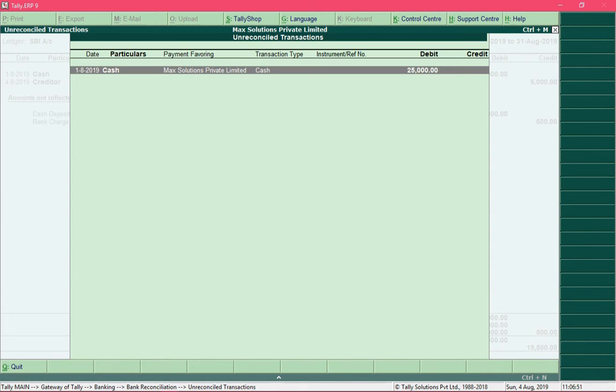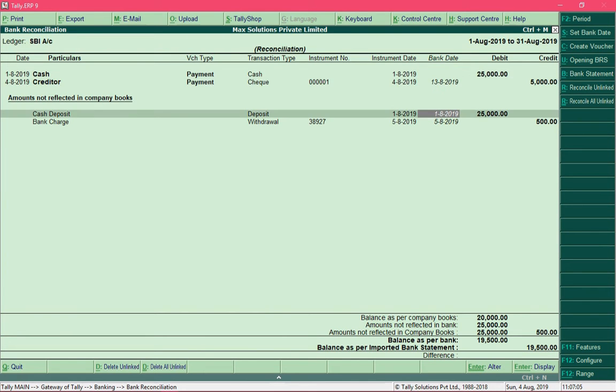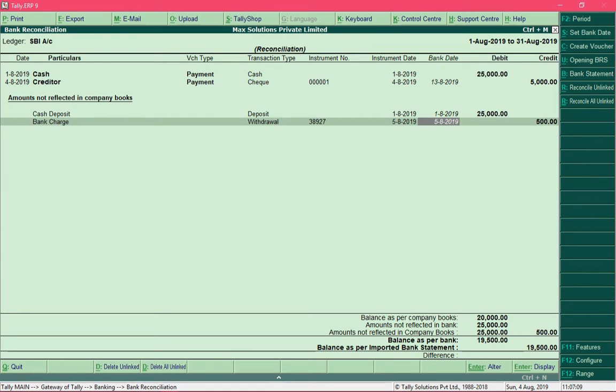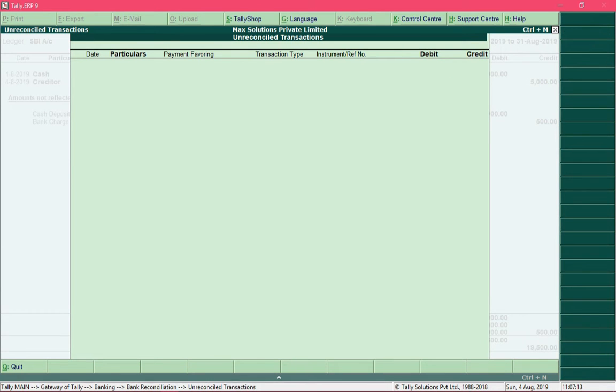So right now I won't reconcile this entry because there is also another way to reconcile all the entries together, and you will learn about it shortly. So I will press the escape key, and after reconciling this entry, you can move to the next entry and press Ctrl R to reconcile that entry, and then Tally would display all the relevant entries from our records, and you need to select one of the records which matches with the entry.